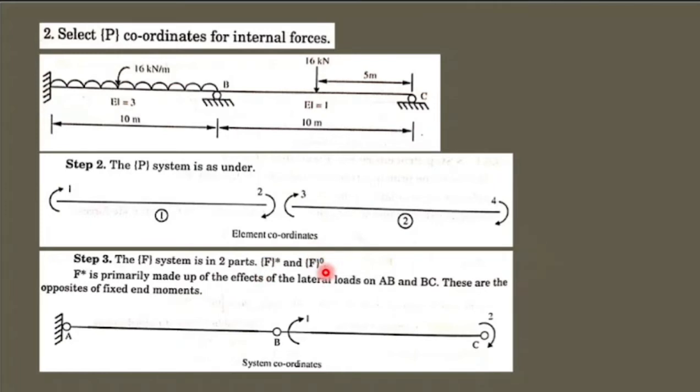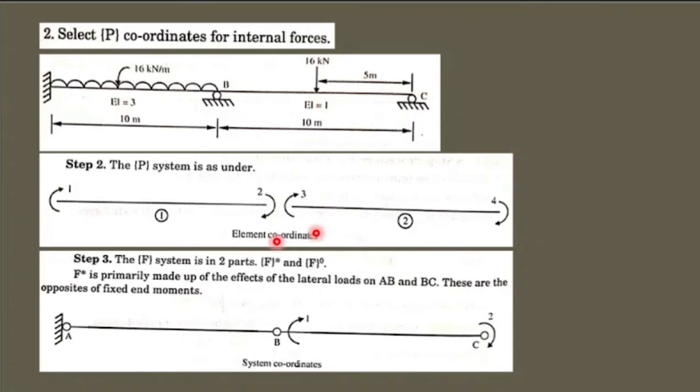So where are these redundant forces? In the first step you have found that at joint A and joint B, these are the two places you will be having negative moment. So this is F naught. What is F star? In the sense, what are the remaining nodes? So if you have node 1 and node 2 are the portion where you have negative moment, F star is the rest of the nodes.